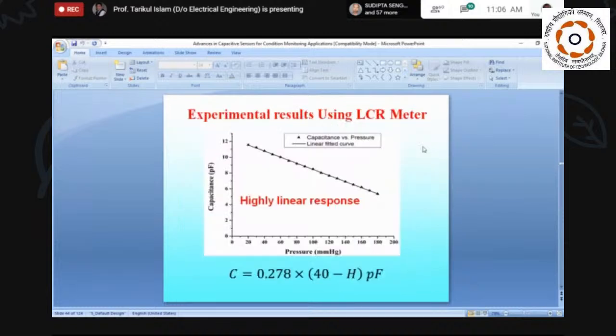Okay. And this is the range. The pressure is varied from 20 to 180 mmHg. This is the range of human blood pressure. Normally, our meters are calibrated. And you see in this experiment how linear it is. So, the relation is